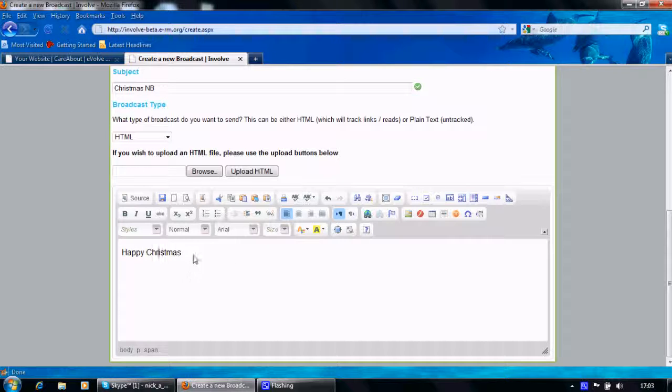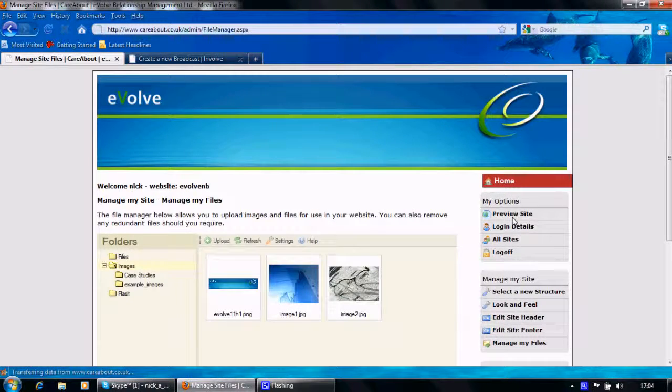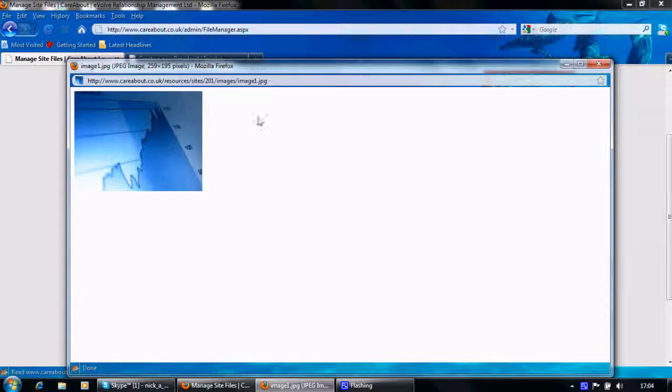And we're just going to upload a picture in here. To do that, we are going to go back into Care About, and we're going to go into Manage My Files, which you may or may not have used before. So for the minute, let's just have a look at this one, and we're going to view this file, and